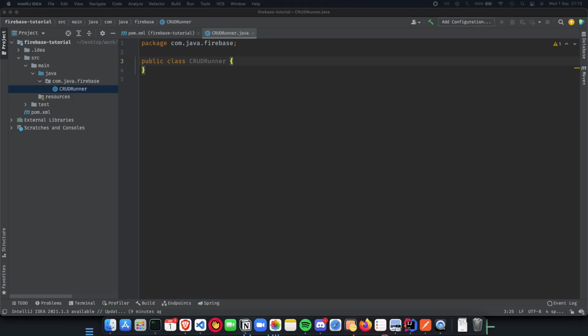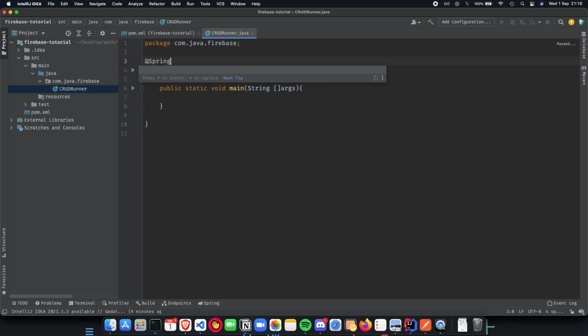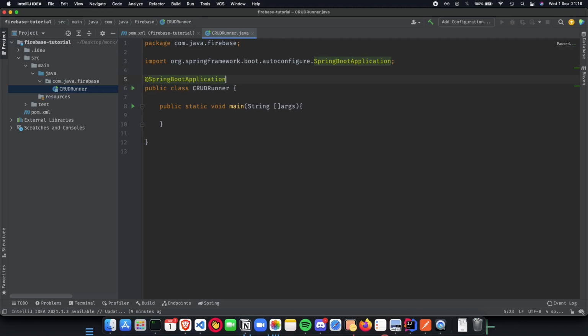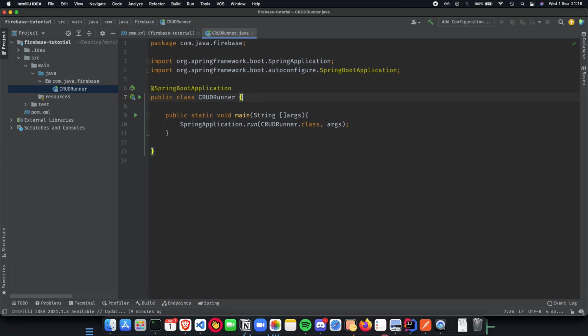All we have to do here is copy a bunch of stuff, nothing crazy. All we are doing here is having a main method. So public static void main(String[] args), and let's call this our Spring Boot application entry point, and have a very simple Spring Boot application runner which basically runs our application.